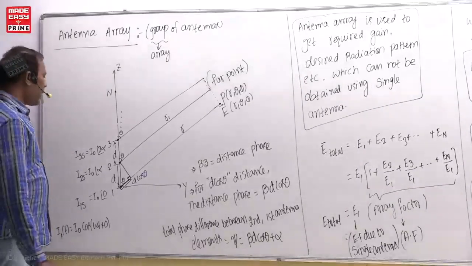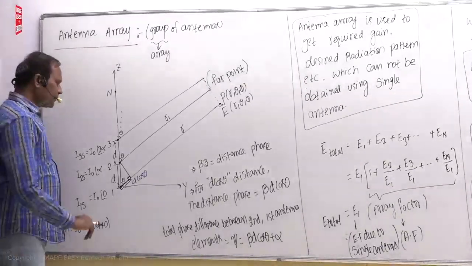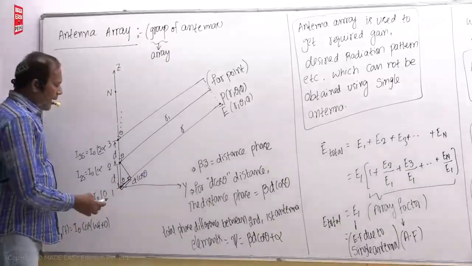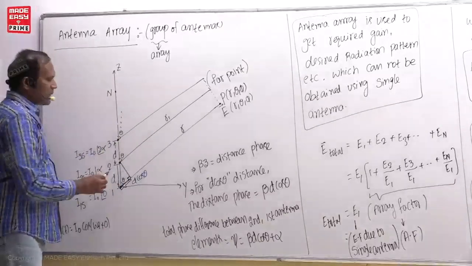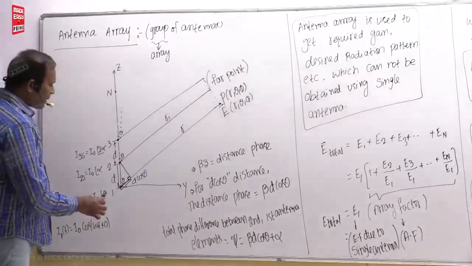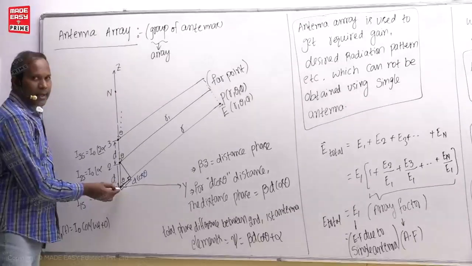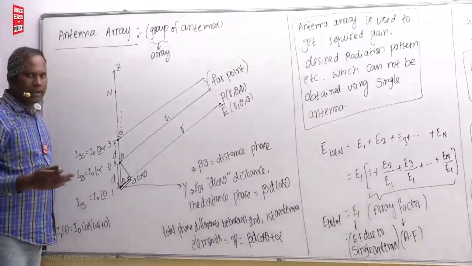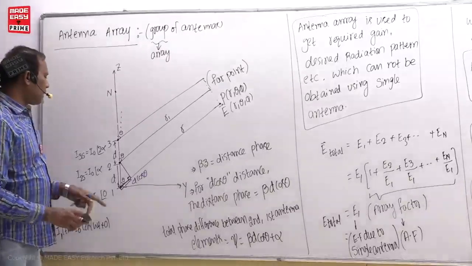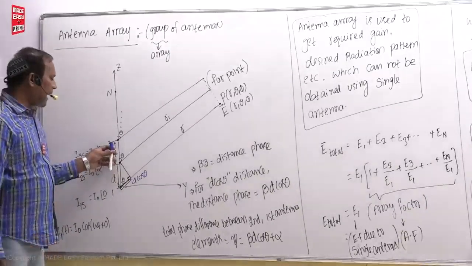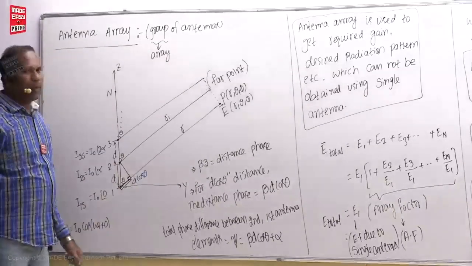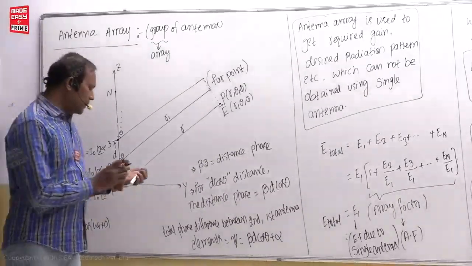Okay, students. Now here, what is theta? Angle between array axis. Don't say z axis, because sometimes antennas are on the x axis. Then array axis is x axis. So you have to change the definition. Anyway, now theta is angle between array axis and line drawn from origin to the field point. So theta is